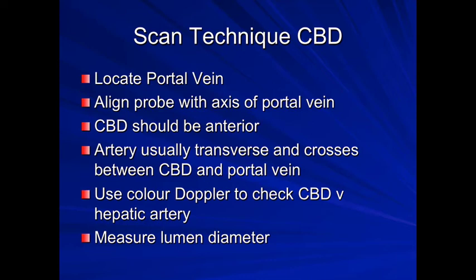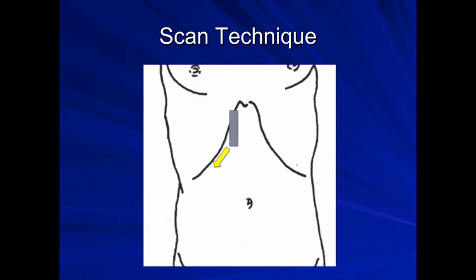But once we've identified it, we will then measure the lumen diameter, and we measure inner wall to inner wall. So diagrammatically, this is what we will do. Here is our probe. We start in generally a longitudinal position, and we sweep under the costal margin, having asked our patient to take a deep breath in and hold it until we find the round anechoic filled lumen of